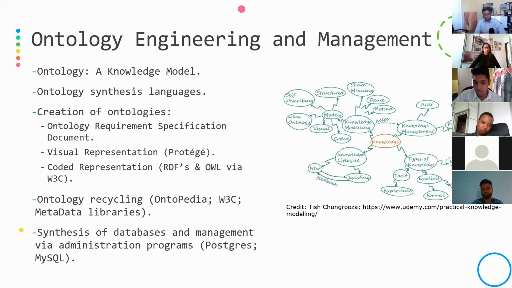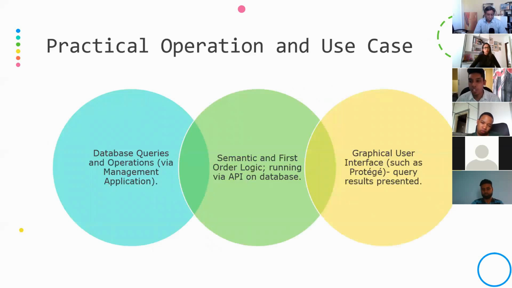And I'm currently working using PostgreSQL and MySQL as well. So the question that one can be asking is, how does all of this blend together, and how does this practically work? Ultimately, going from left to right, it would first start off with the database queries. So you'd have a database query and operation set up via an administrative management